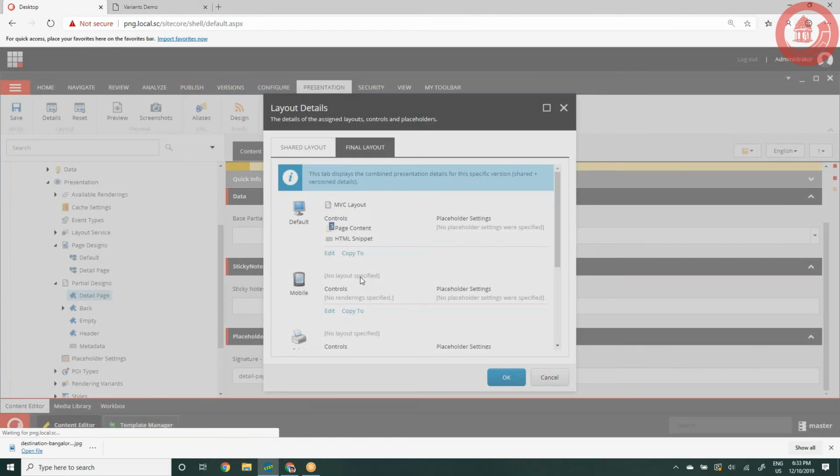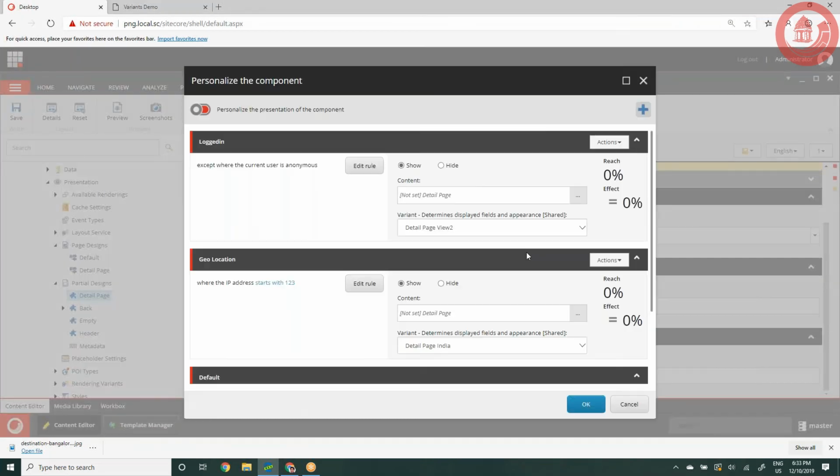But let's see, and personalization. So this is the feature I have extended. This is not out-of-the-box functionality from SXA, because my idea behind rendering variants is that they are actually a component with different HTML. Then why should we not have personalization on rendering variants? That's why I extended this functionality of Sitecore, and I have used it in this manner, so that a normal content author can configure their component and utilize or extend the benefit of rendering